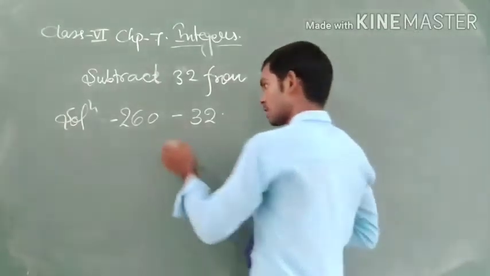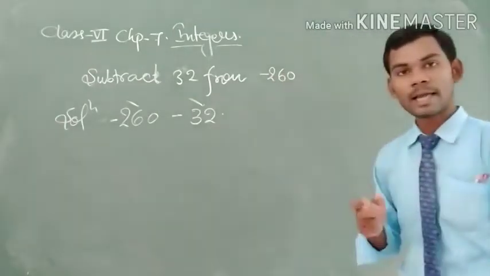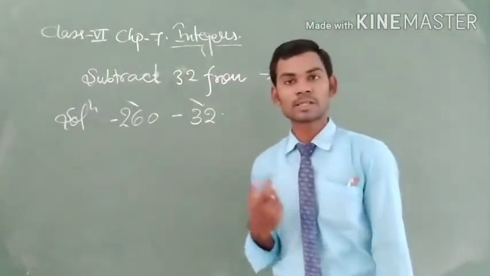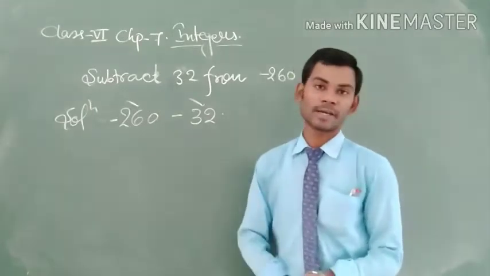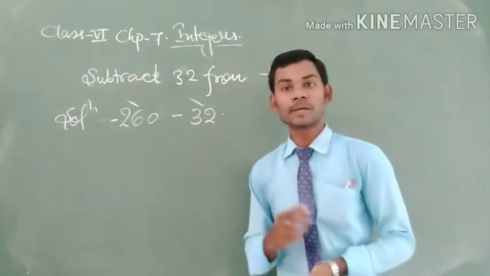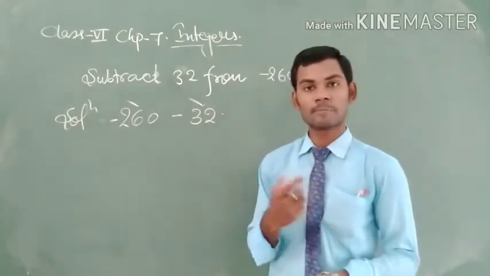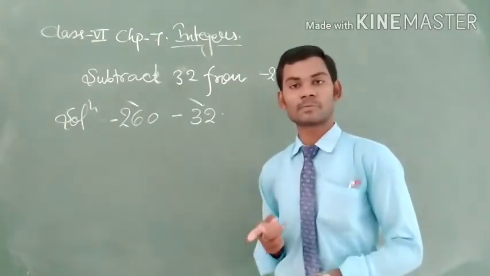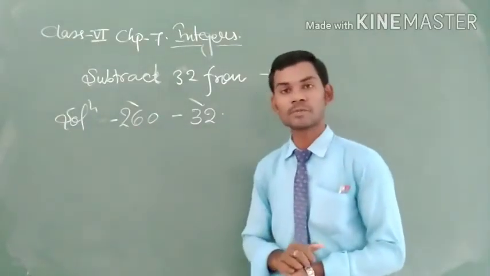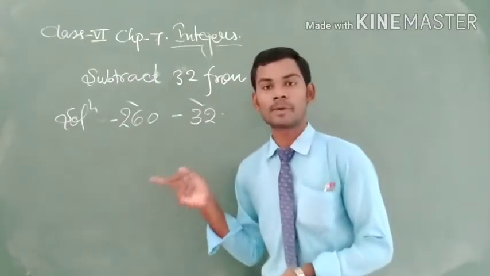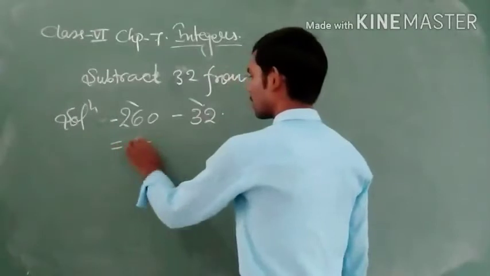So when we solve it, here we can see that both numbers have the same sign, and if both numbers have the same sign, either positive or negative, they become added. But if they have different signs, where one is positive and the other is negative, then it will always subtract. So here we can see that both numbers have the negative sign, which means that they will be added on operating. So when we solve this, we get minus